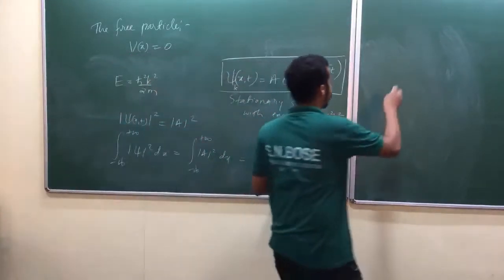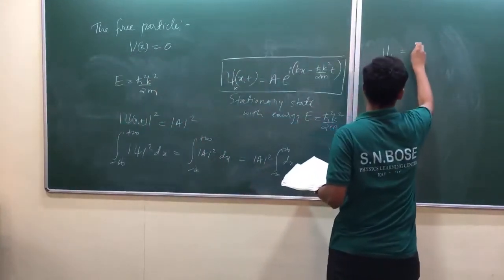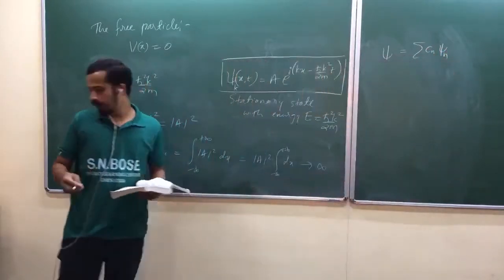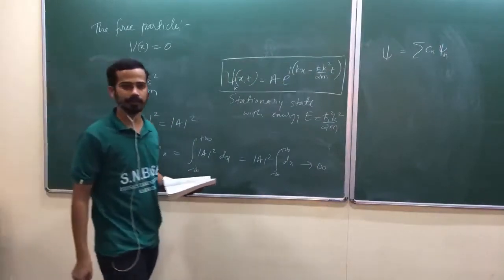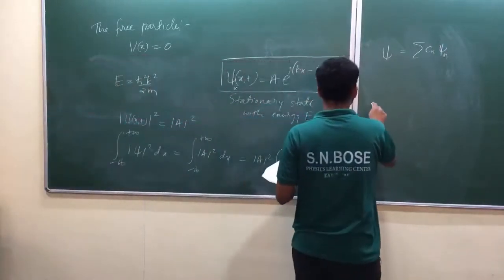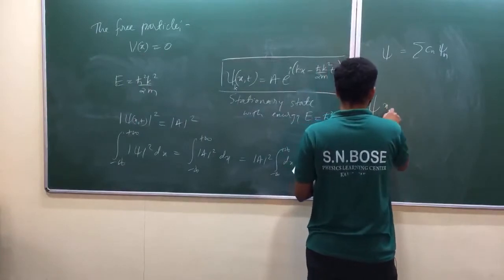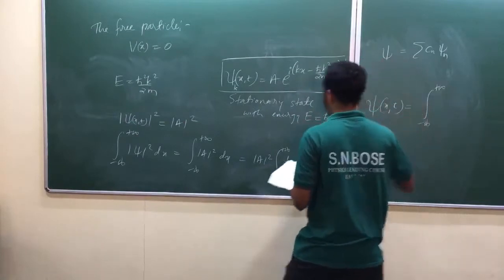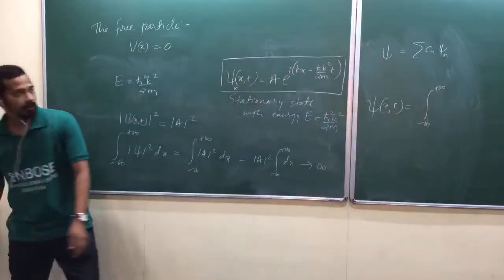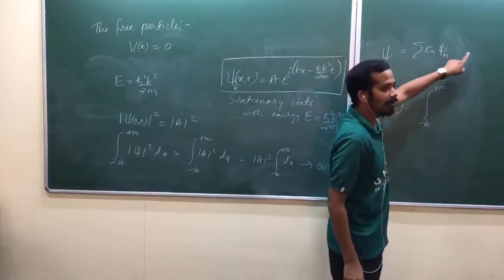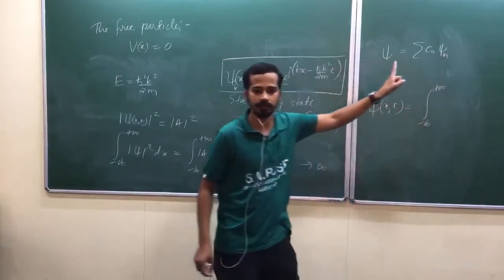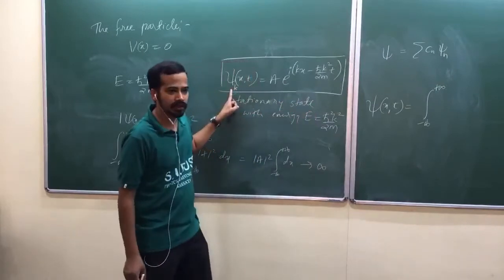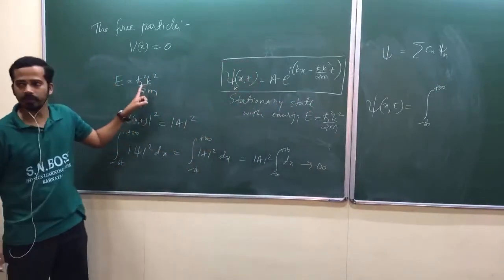Look here. It's just similar to this one. Linear combination state, how have you written it? Summation over Cn into psi n, am I right? Psi n are different energy states, stationary states. Similarly, here we write our linear combination state in terms of an integral from minus infinity to plus infinity. Here, if energy changes, n changes. N will talk about energy, the quantum number will talk about energy. Here, k will talk about energy, because different k means different energy.